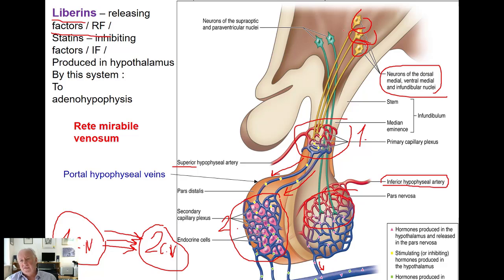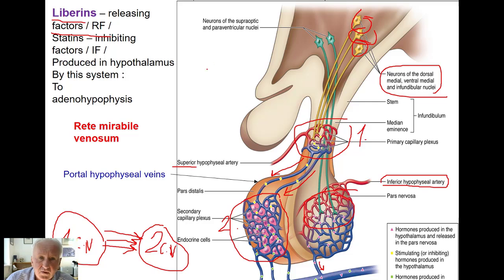Because the cells here are controlling the level of hormones from the cells in the periphery. Let's say a very simple example. The cells are controlling the level of a hormone in the blood, for example thyroxine. Thyroxine is a hormone produced by the thyroid gland, and it's pushed out into the blood. When the level of thyroxine in the blood is very low, the cells in the hypothalamus are reacting on this situation, and they are producing